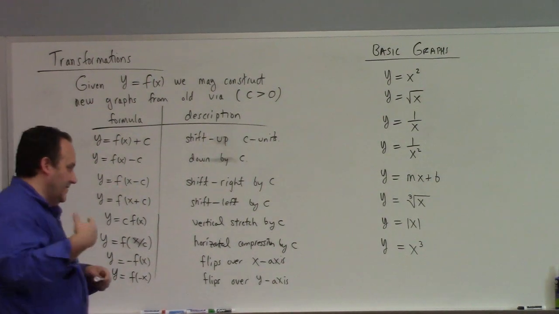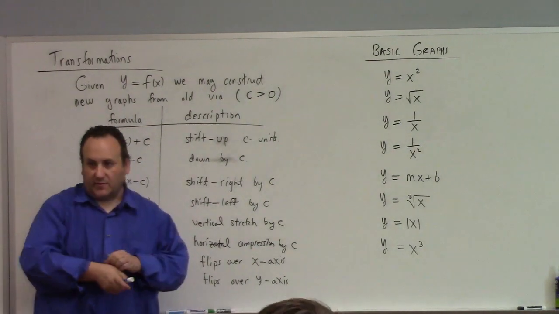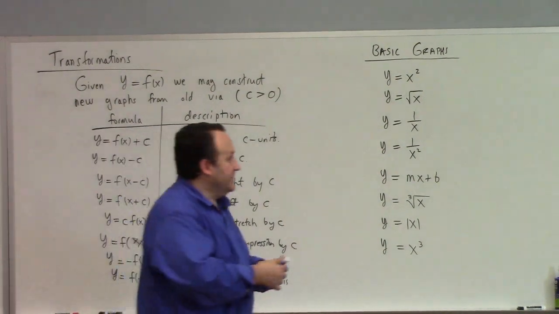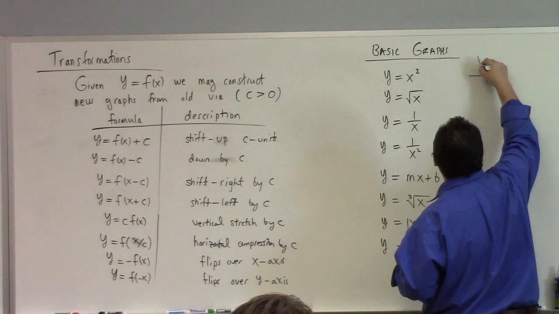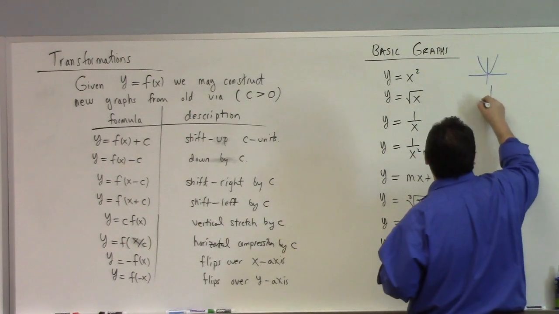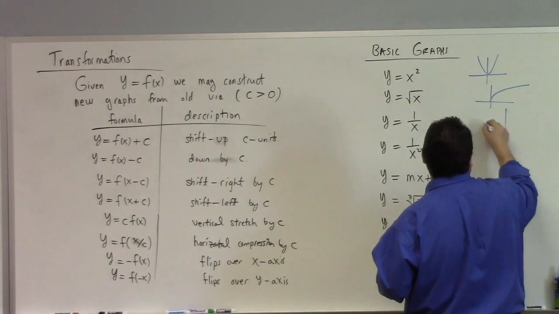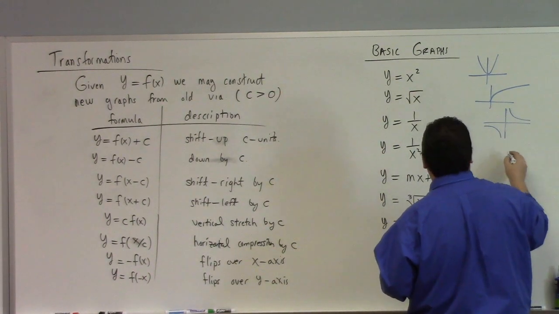And what I mean is you should have a general sense of what they look like without looking in a book or consulting a graphing calculator or anything like that. You should be able to just write them out. So here's a quick sketch. The first one looks like this. The second one is like half of a parabola. The third one, we just looked at it, looks like this. The fourth one